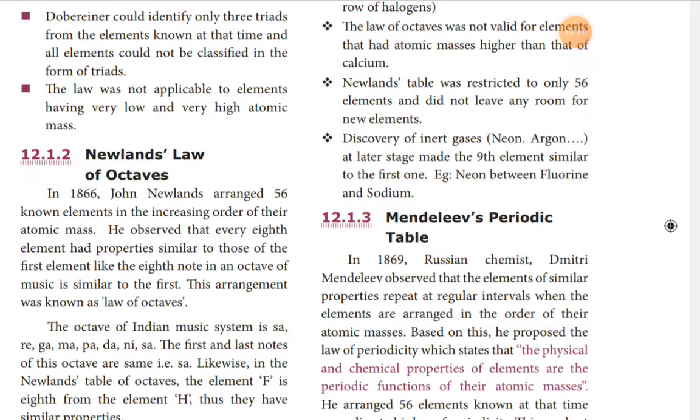He classified vertical columns and horizontal rows. Vertical columns are groups, horizontal rows are periods. Also, he arranged elements with similar properties in a particular column. And based on Mendeleev's periodic table, mostly,